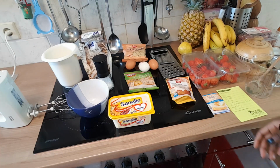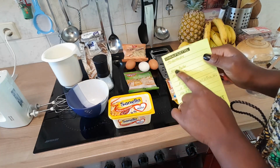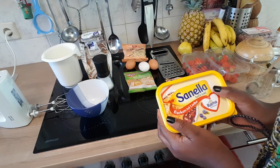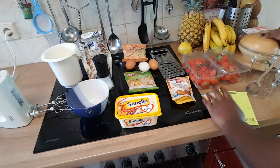I'll start by showing you the ingredients. So guys, here are my ingredients. 125 grams butter or margarine, whatever you have. So that is one, and then sugar